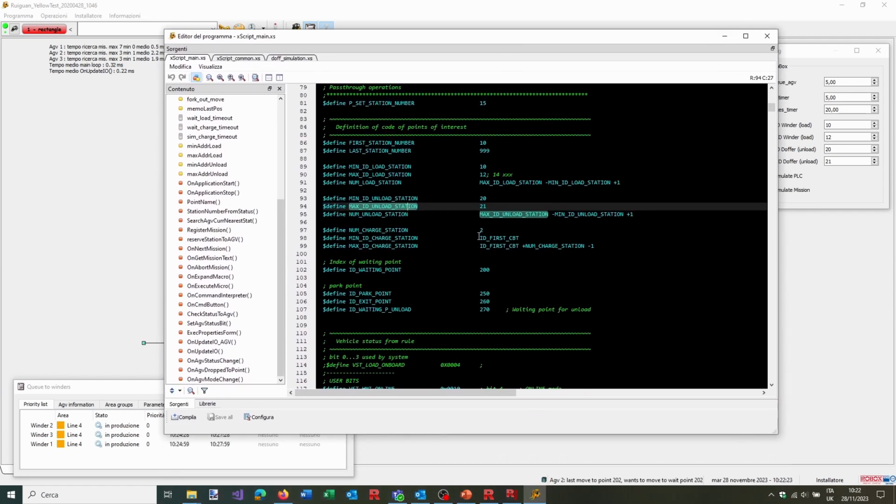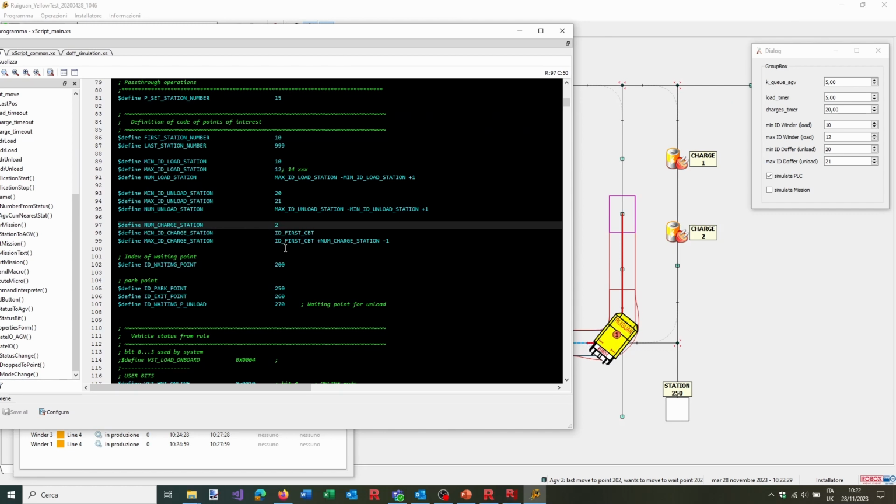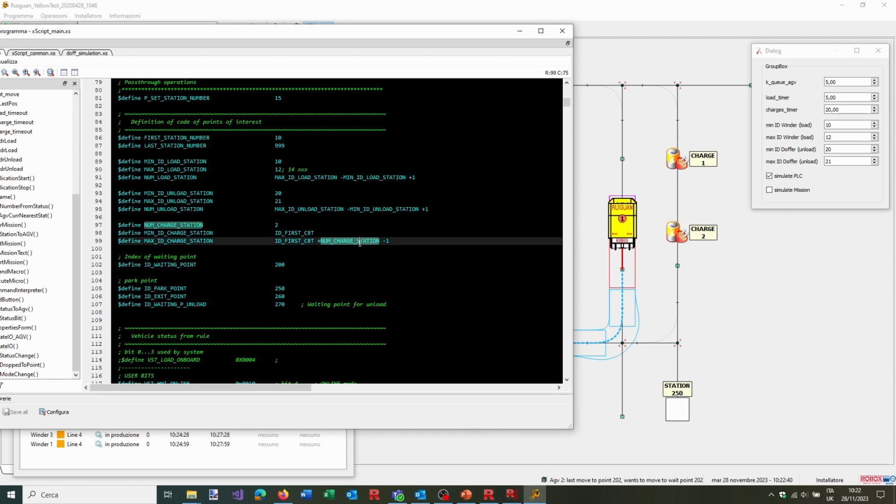Then we may have the charge stations. We just say they are 2, and the ID of the first CBT is a system value, so we define the ID of the charge station using this value and this value plus the charging stations minus 1. In this case they are just 2, so I could just say this plus 1, but